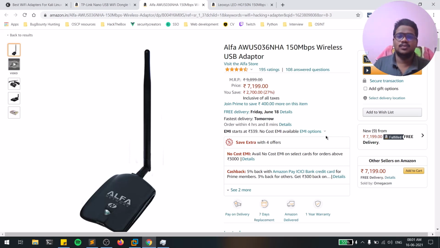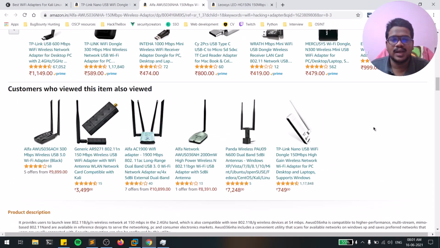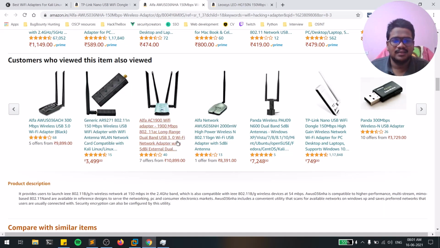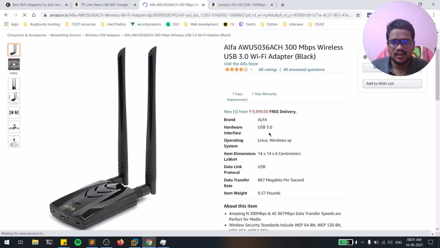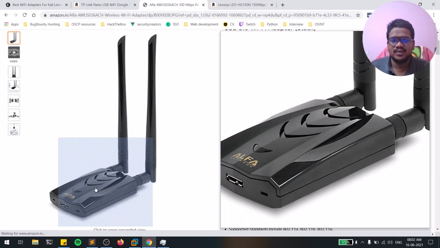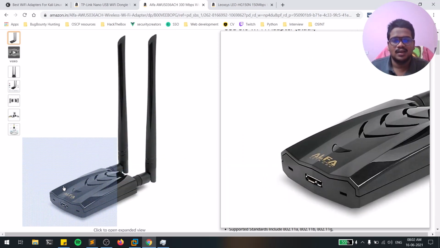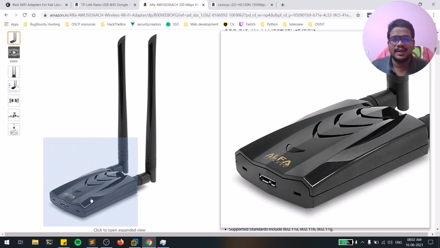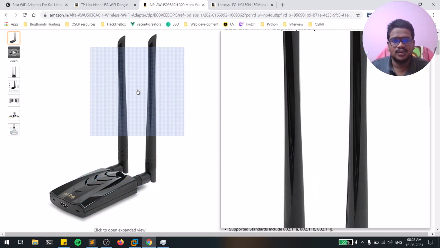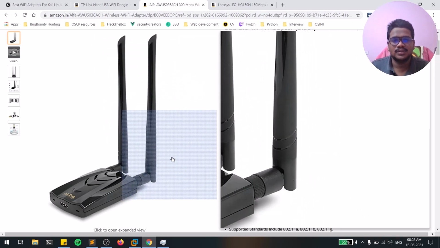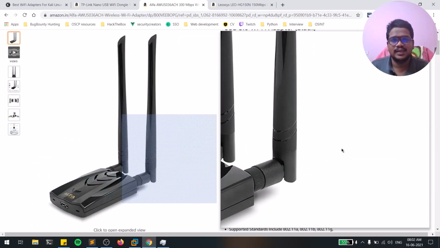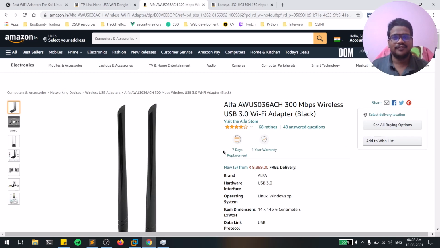Okay, so this is one thing, guys, and there are many more Alpha adapters out there, but do check out. I think this one also works, but make sure you check out some videos. I can't recommend these things, guys, because to be frank, I haven't used them. I can't recommend the things that I haven't used. So it is best to check out the blogs of any owners, but still you can consider, if you are willing to buy something like a flagship Wi-Fi adapter, do consider this Alpha stuff.